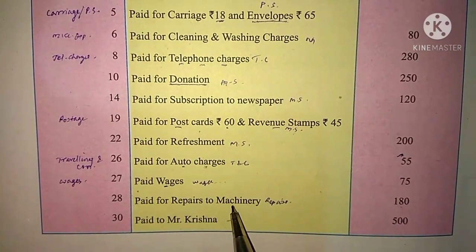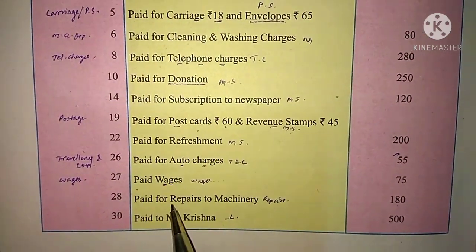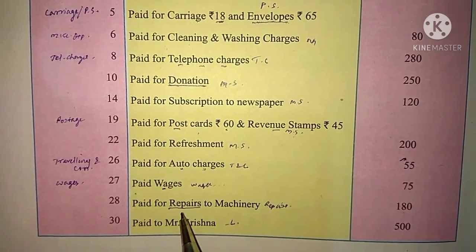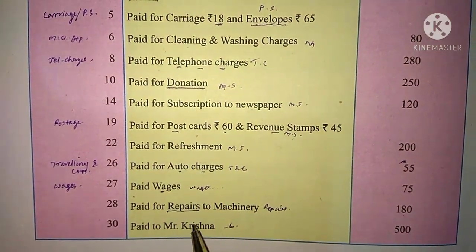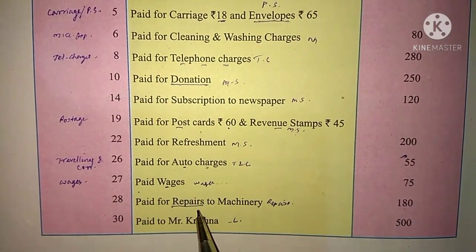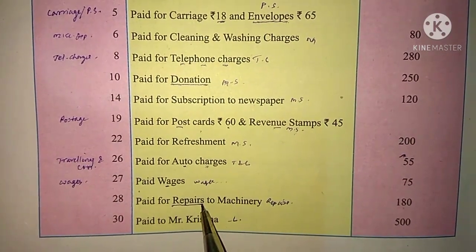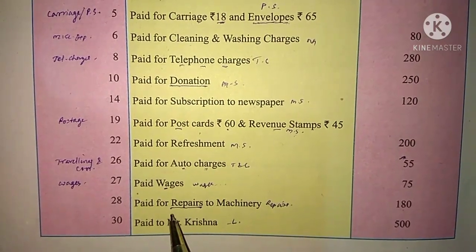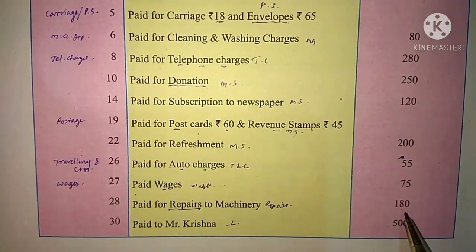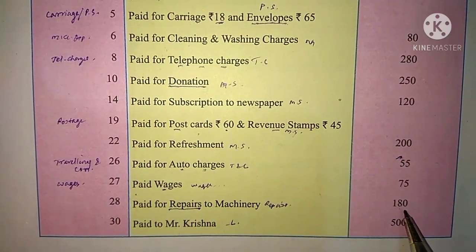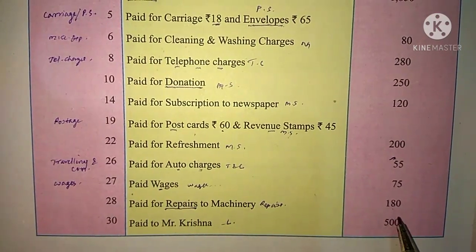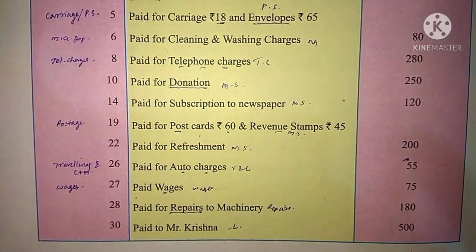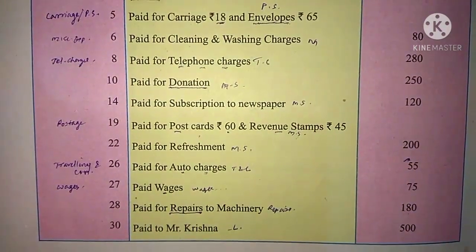Here the payment is made for repairs to machinery. Of course, the accounting head will be repairs. We can write repairs and maintenance like that, and even if we write repairs, that will also be correct. So for this transaction we are required to prepare a new accounting head, that is the repairs account, and for this we write in the particulars 'By repairs to machinery', and again this 180 we show in the total amount paid column, and then we transfer this 180 to its respective accounting head, that is the repairs column.